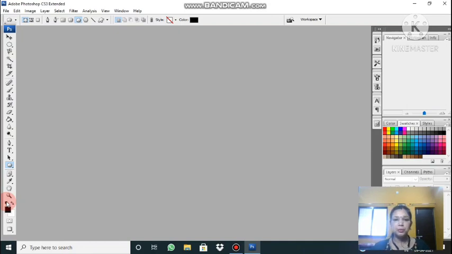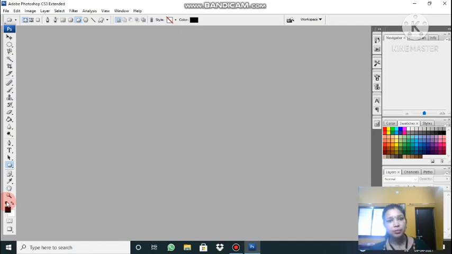Zoom tool, what is the purpose? Here in Photoshop, suppose you have taken one flower, and one of the leaves you want to change. You don't want to change the entire flower or the entire look of the flower. Only one of the leaves of the flower you want to change. So that area you have to select for making changes. Here many selection tools are there which we will discuss afterwards. But if the leaf is very small, the selection part becomes very difficult. In that case, we'll zoom in the image first. For that, the zoom tool is used.